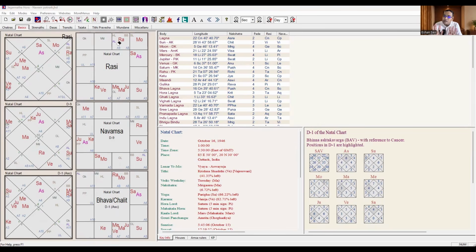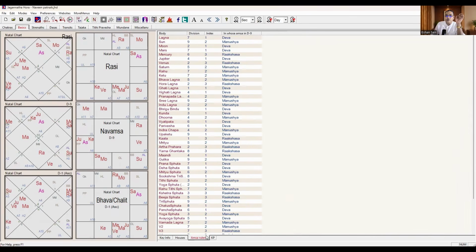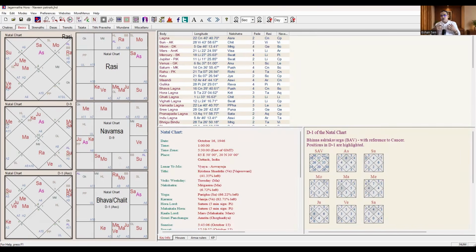You know the Devta and the Rakshasa concept. Now, let us move into this chart. This is a fantastic chart. I'm not going to do the calculations of Devta and Manushya. I will be directly moving into the Amsha houses, and then we will be seeing it. See, the ascendant of this person lies in Cancer, and it is at 22 degrees. And you will find the Amsha is that of Deva. The Lagna is Deva. So his heart should always be into the Sattvic mindset.